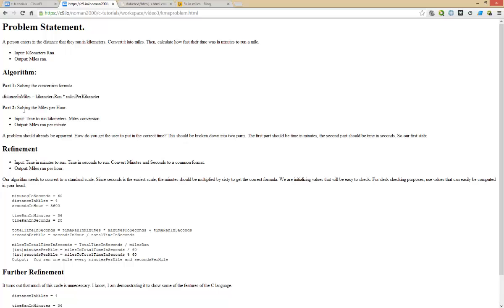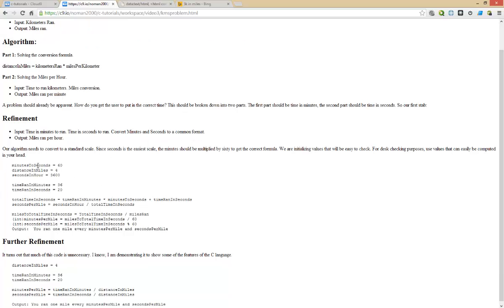So now we need to solve the next part of the problem. We need to figure out how to get the user to put in the correct time, and then we need to figure out how to break it down. So our first stab at it: we're going to input the time in minutes to run, the time in seconds to run, convert minutes to seconds to a common format, and then output the miles ran per hour. And so in my little stub here, I figured out that minutes to seconds is 60 seconds in a